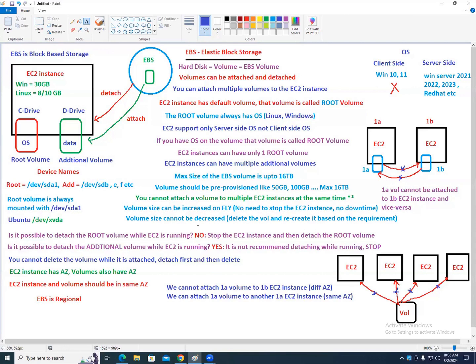Is it possible to execute, install, or run anything? No. What do we create in S3? Buckets. What does the bucket contain? Objects. What is the name of the object? Key. S3 is what based storage? Object based storage. Server based or serverless? Serverless.